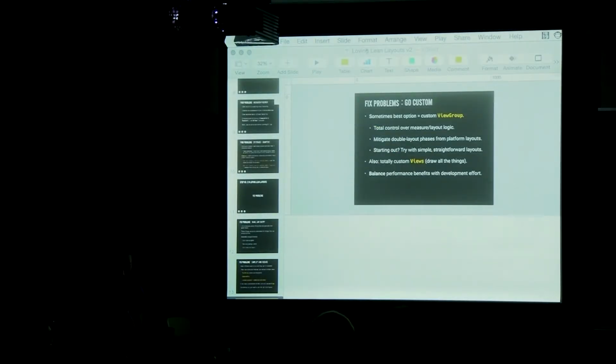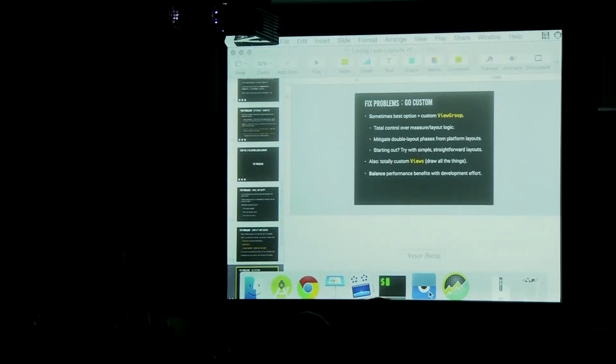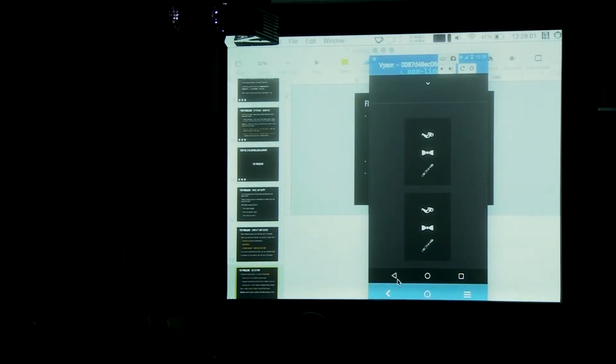Okay. So say that you made Lynn happy. Say that you simplified things as much as you can, and you still cannot get the performance out of your layout. Well, you have another option, and that is to go custom and to create your own custom view groups. Now, I'm going to go ahead and cut exactly right to an example here, and